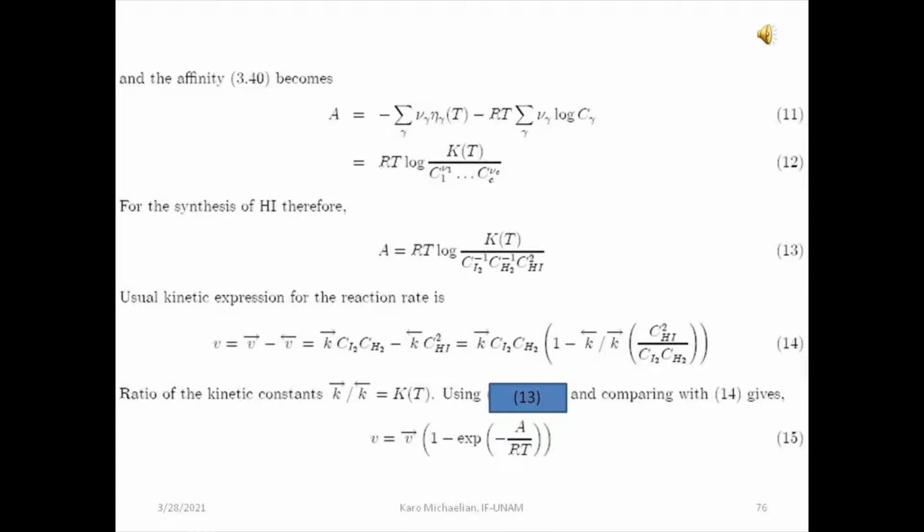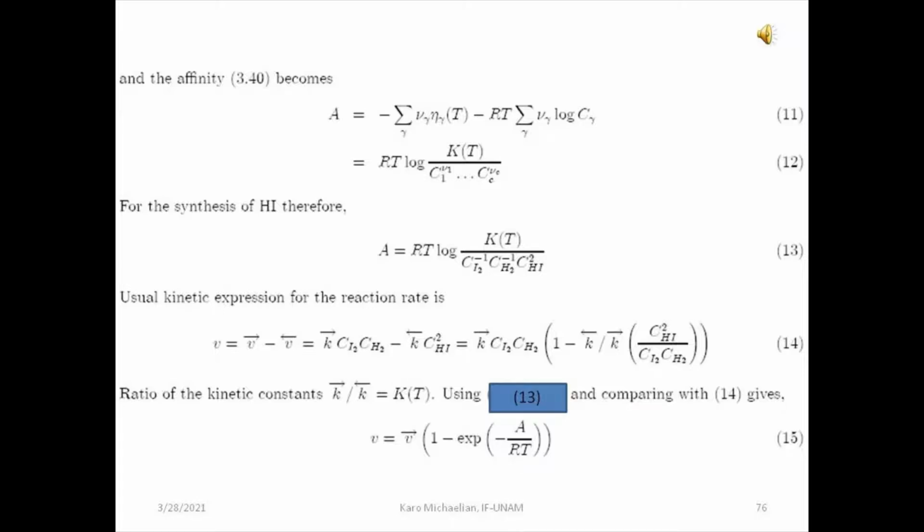Now the ratio of the kinetic constants in the forward direction over the kinetic constant for the backward direction is just equal to the equilibrium constant K, which can be a function of temperature. So remember that we always have forward and backward reactions occurring, whether we are out of equilibrium or in equilibrium. When we are in equilibrium, the rate constant for the forward reactions is equal to the rate constant for the backward reactions. So therefore, the equilibrium constant in equilibrium becomes equal to 1.